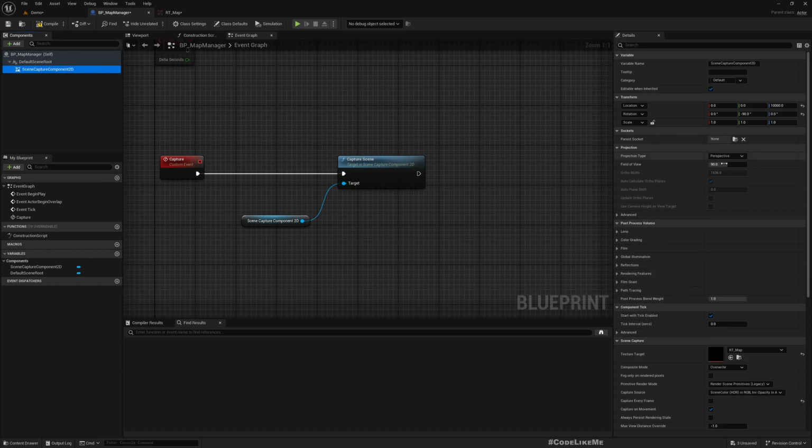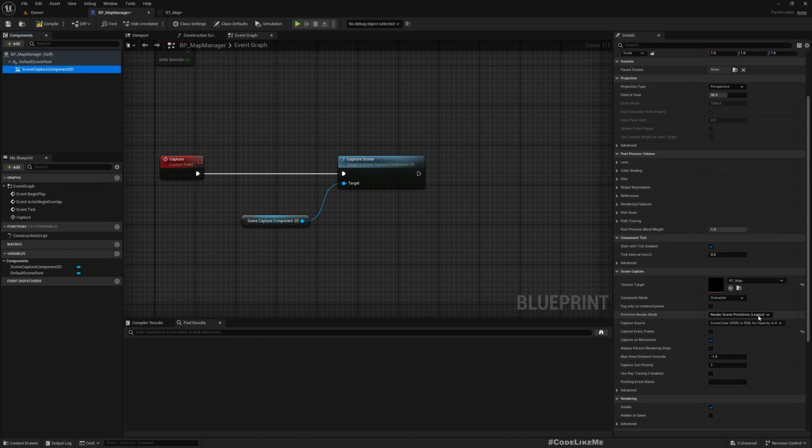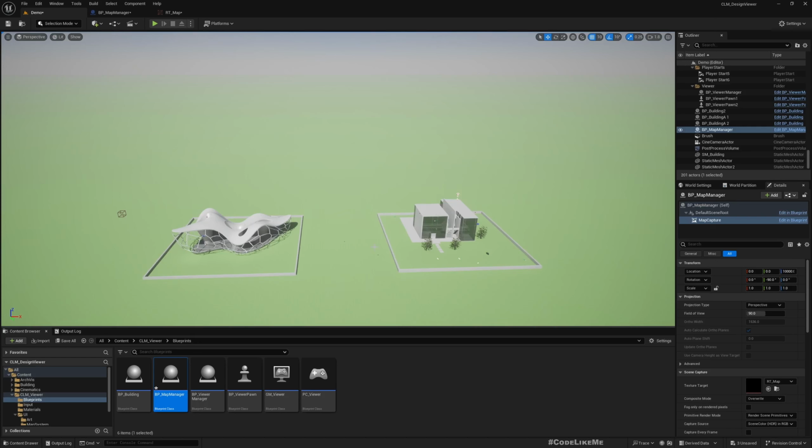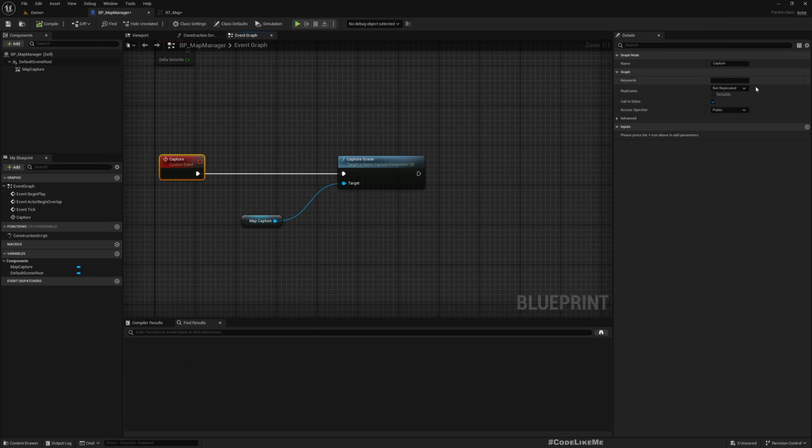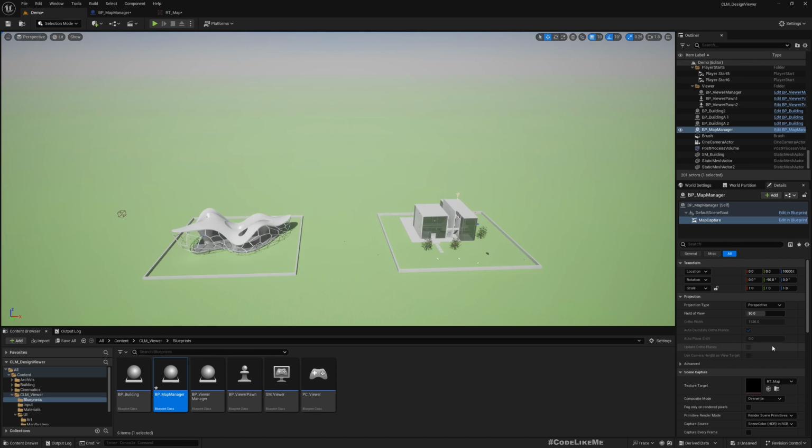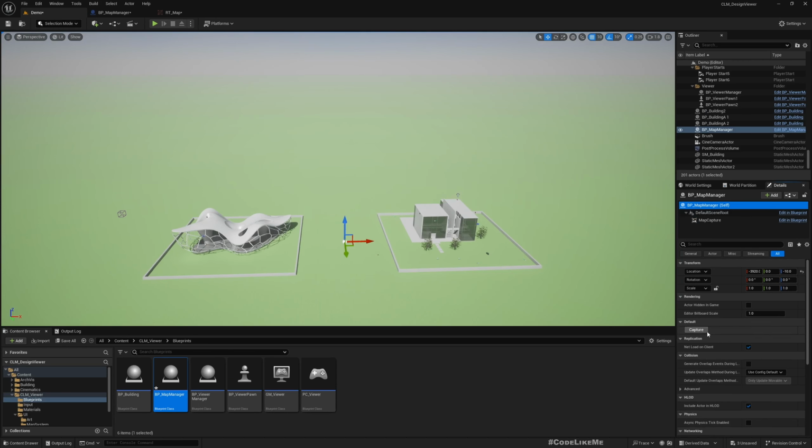Now I didn't make any changes to these settings. So let's go with the default settings. Capture. Here, manager. Let's see this capture. Oh, I should select it. Okay. Now, if I hit capture,